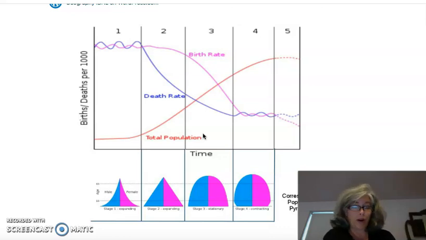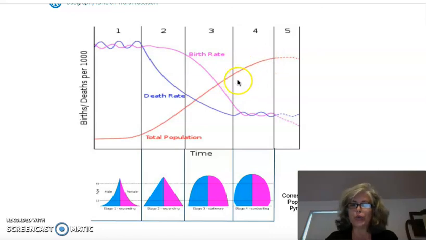So stage 4 is the demographic transition stage that countries we consider developed, high income, or industrialized are in, all of those different classifications for countries that are used through political science, sociology, and cultural geography. Developed nations are in stage 4. That's where population stabilizes, birth rates and death rates are pretty even, and you see that the total population levels out as far as the number of people.